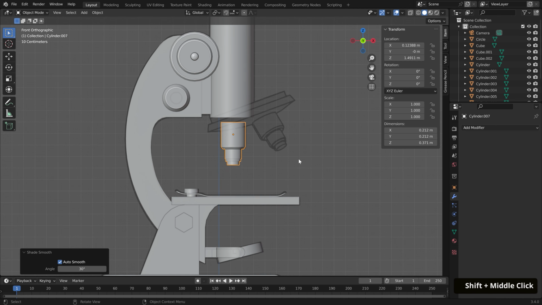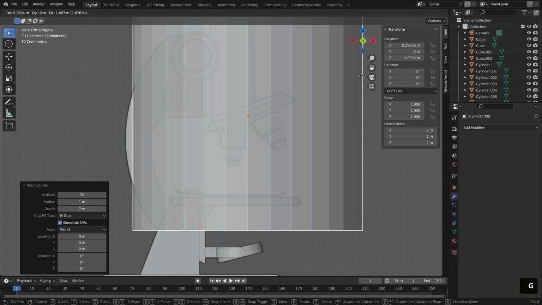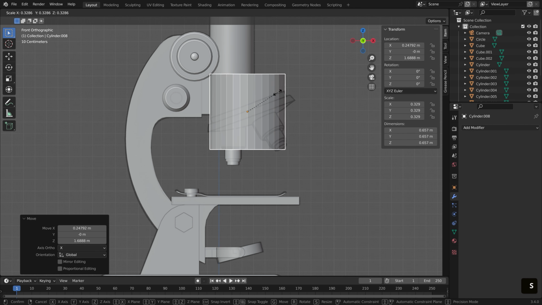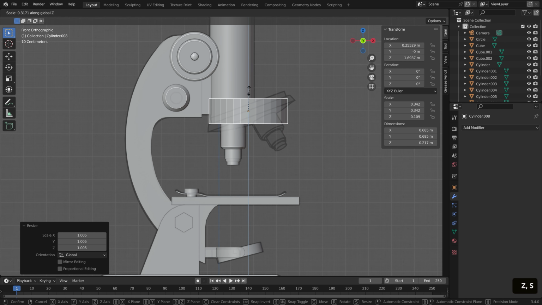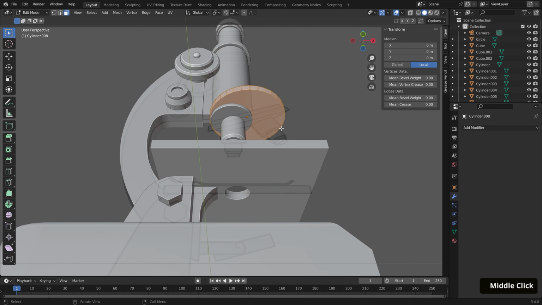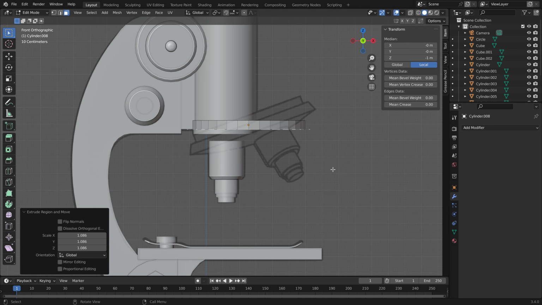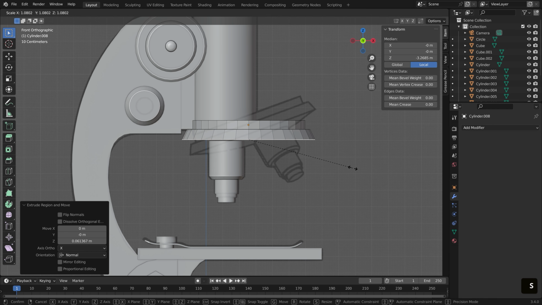Now to create the turret, bring in another cylinder with Shift A. Shift it over the turret reference and size it down until it roughly matches the radius of the top portion. I know it's a bit weird because it's slanted, but it doesn't need to be exact. Size this down with S then Z to match the height of that top portion. Then tab into edit mode and with face select the bottom face. Go into front view and hit E then S to scale it out slightly. Click. Then E to extrude downward until it's a little taller than the top portion. Click. And S to scale it out slightly.